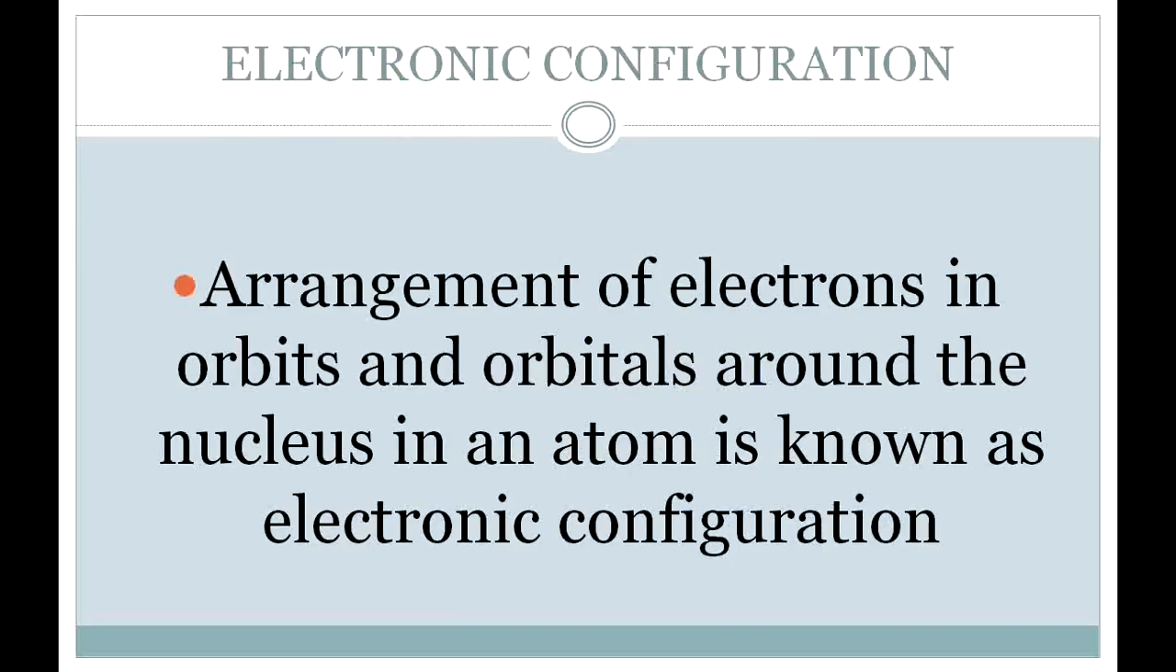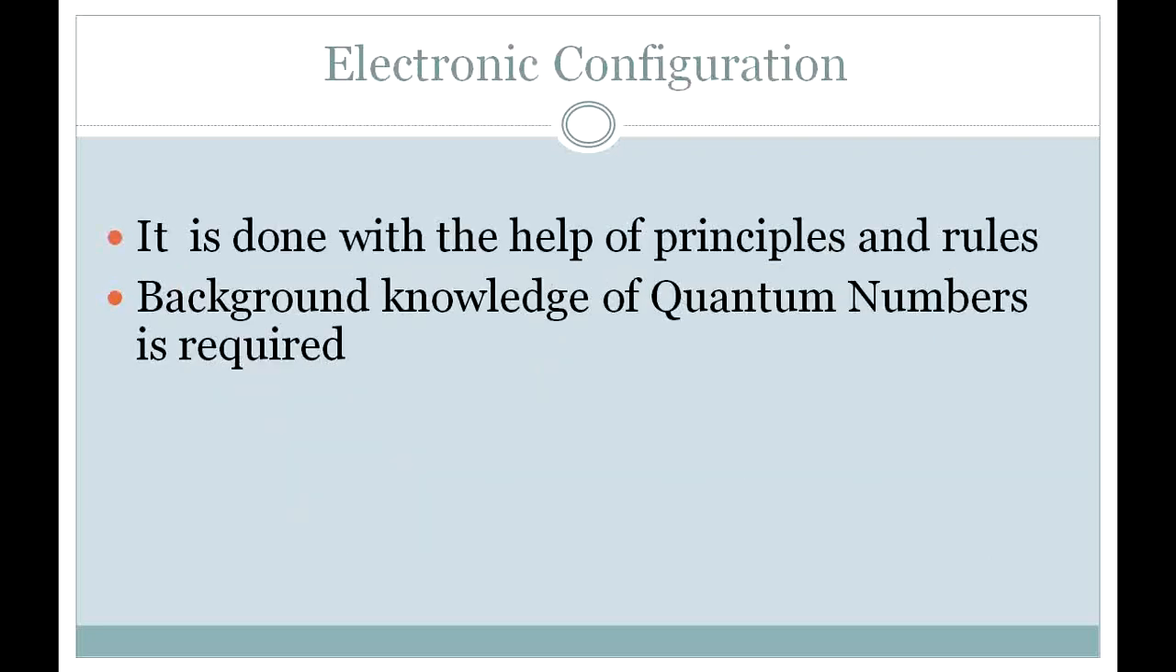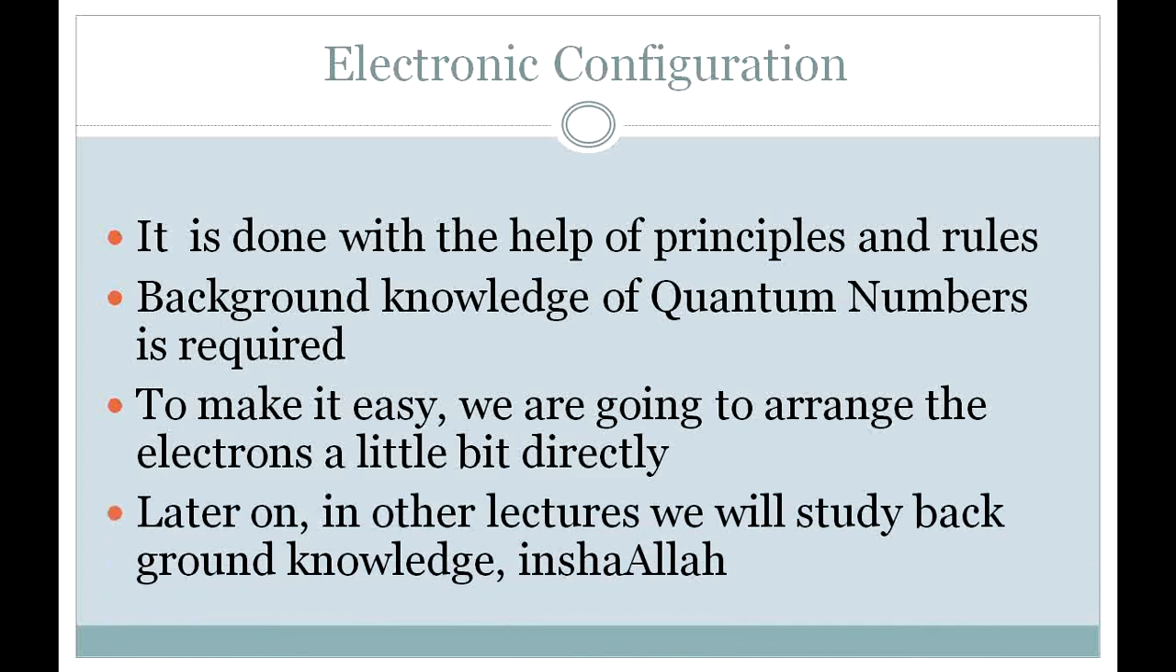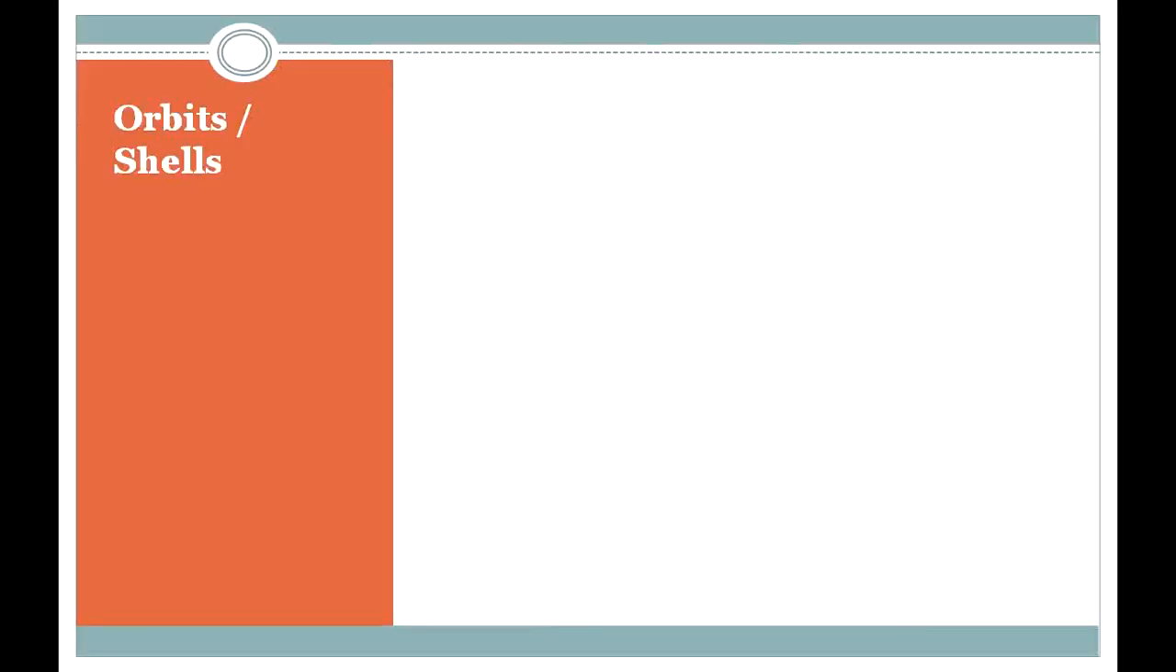Today's topic is electronic configuration. What is electronic configuration? Electronic configuration means arrangement of electrons in orbits, orbitals around the nucleus. In electronic configuration, we require certain rules and principles, and background knowledge of quantum numbers is also required. But if we don't know these things at the moment, don't worry, we will inshallah directly deal with the electronic